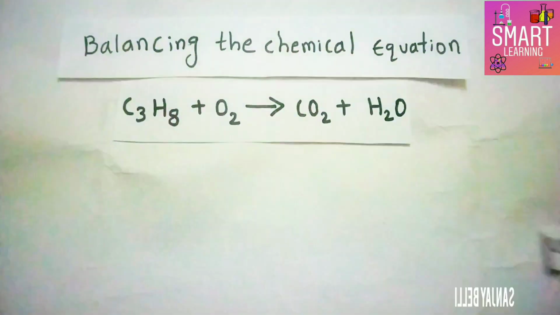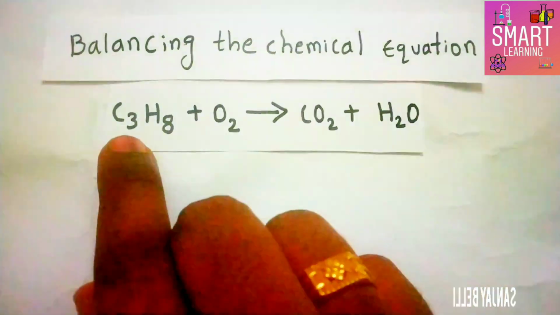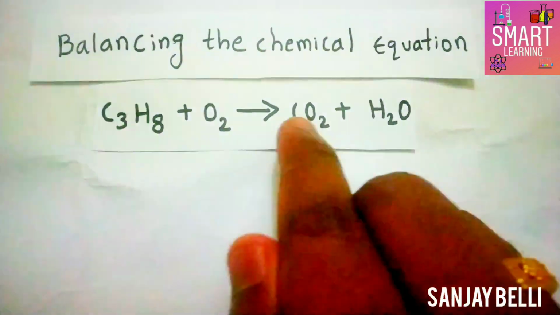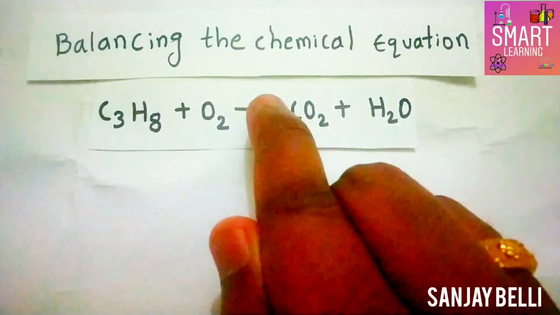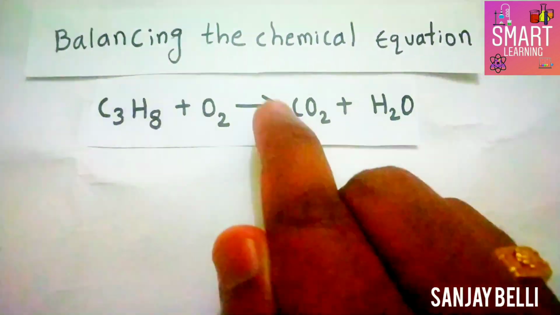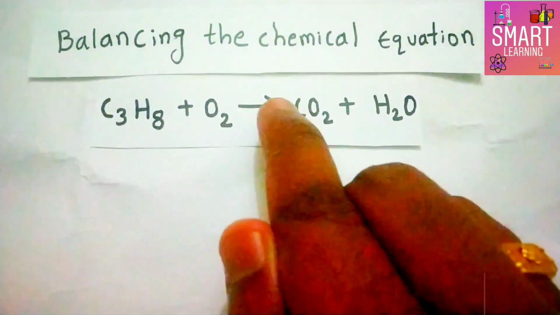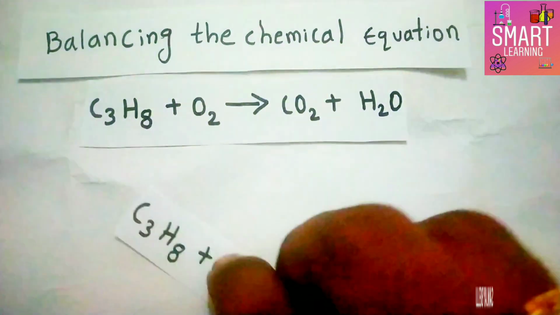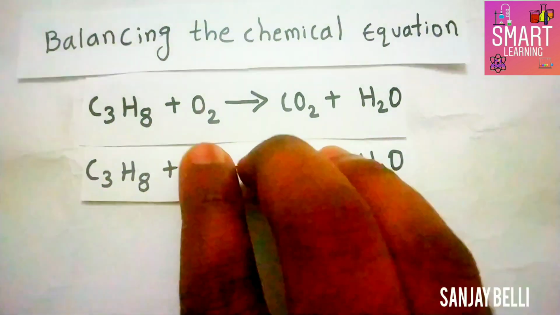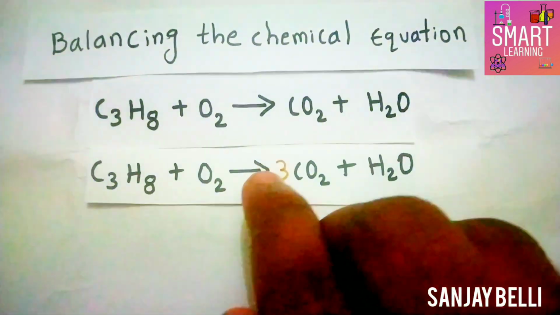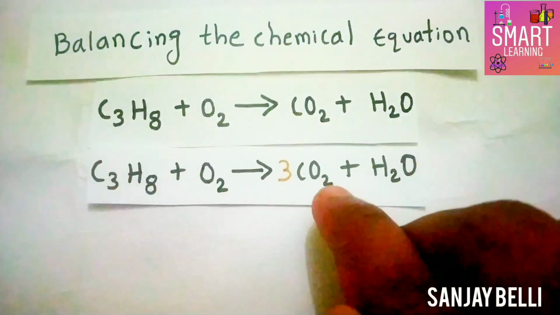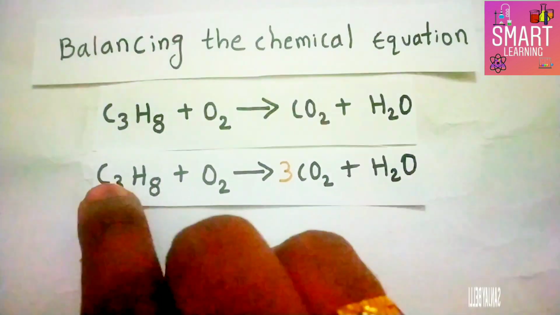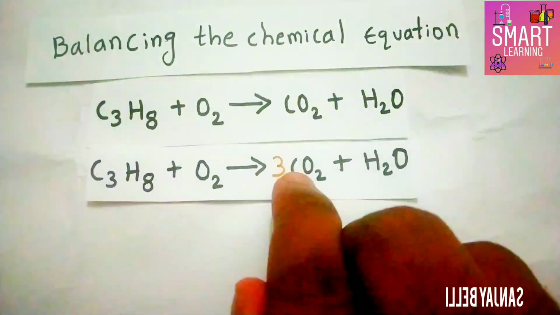Now we have to balance the chemical equation. Here you can observe C3, 3 carbons are there on reactant side. So I need to multiply here with 3. Why do we have to multiply with 3? 3 ones are 3. So 3 carbons on left side and now it will become 3 carbons on product side. C3H8 plus O2 gives rise to 3CO2 plus H2O. 3C and C3, now 3 carbons, it was balanced.